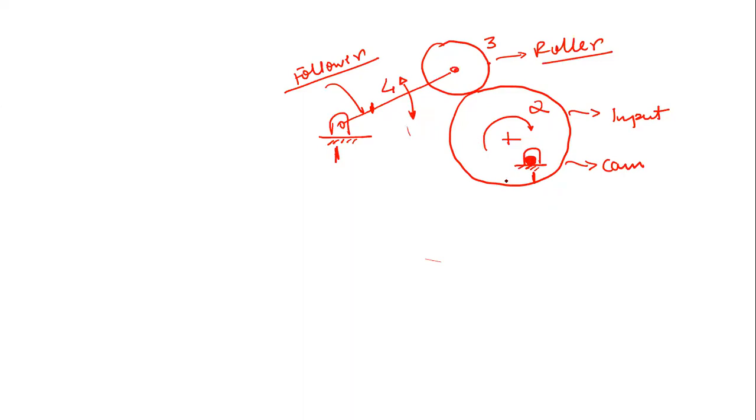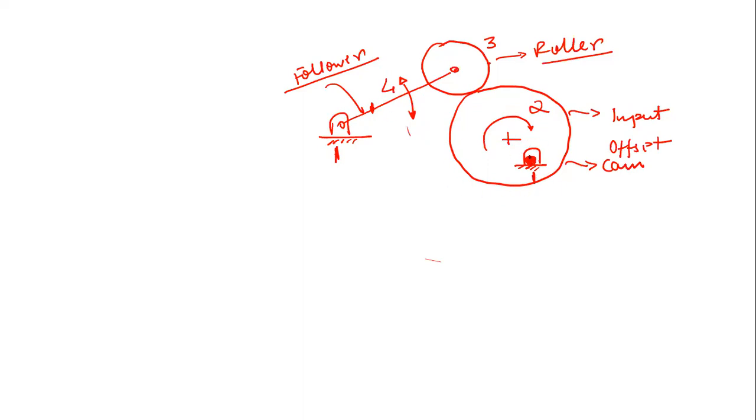Right? See, a very important thing: this cam is an offset cam. Just remember, I am very sorry. So it is not going to turn around its own axis. It is going to rotate around this hinge point 1, right? Then only it is going to cause the oscillatory motion of this follower. If it rotates around its own axis, then this is not going to cause the oscillatory motion of this follower. So for this, it needs to be an offset cam.